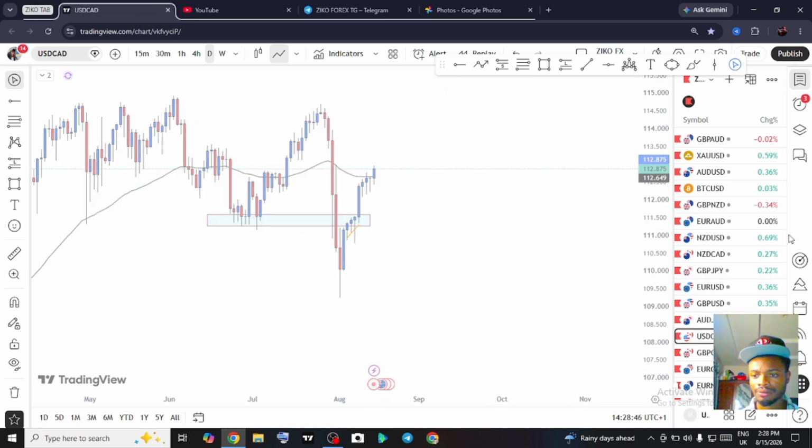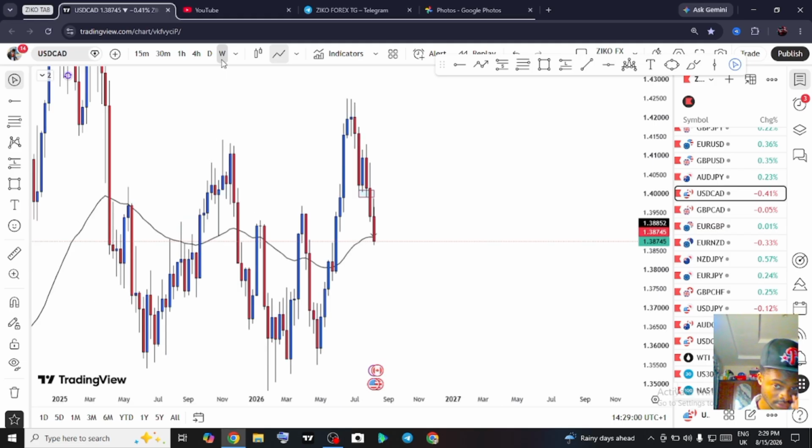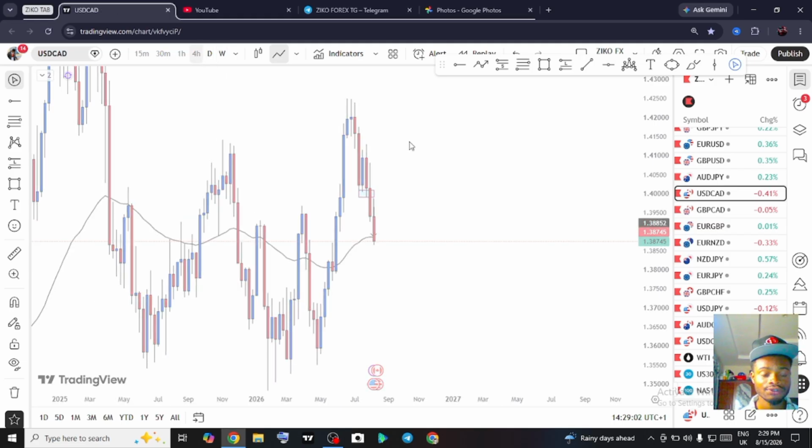USDCAD. All right, USDCAD. Which time frame is this? Daily time frame is bearish. Weekly time frame should be bullish, I think is bullish, and the 4-hour time frame